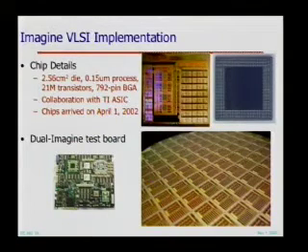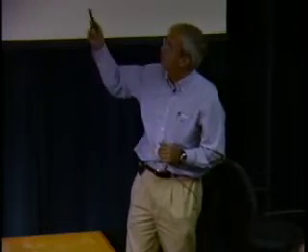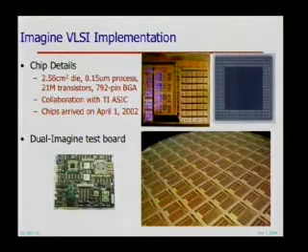So we co-developed Imagine with the Stream C kernel C programming system. And so it was again, one of these things where, because you're building the hardware, you can enable good software. So we were able to enable being able to do these stage transfers, being able to execute from stream register file to stream register file without allocating in memory. We built it as a 21 million transistor chip. It's really in a 0.18 micron process with 0.15 micron devices. And we got the chips back on April 1, 2002, no fooling.